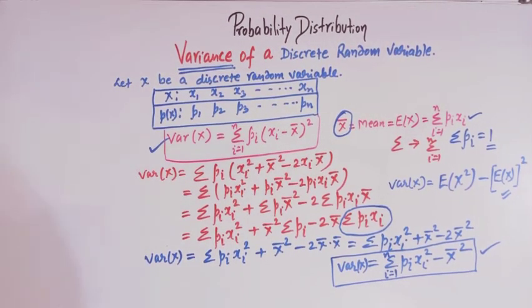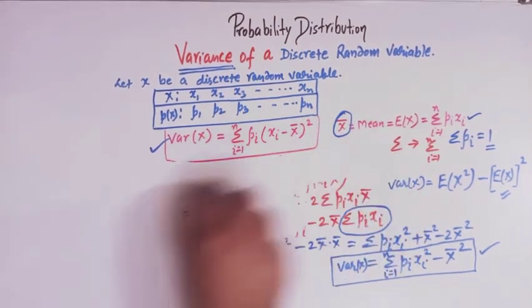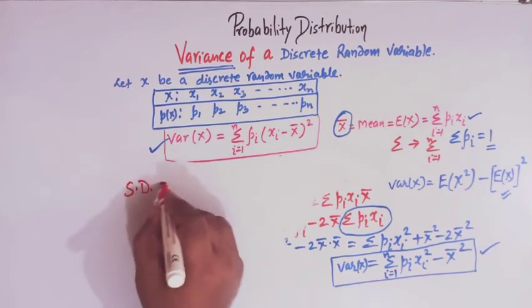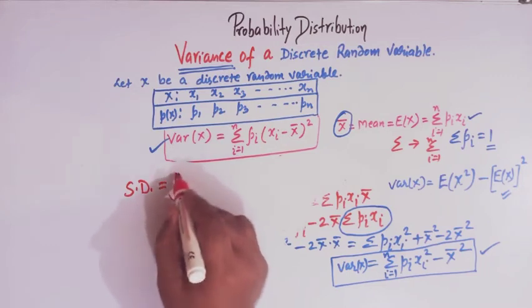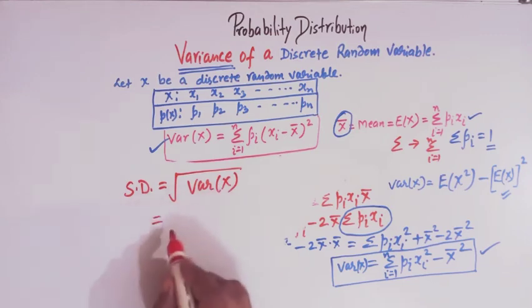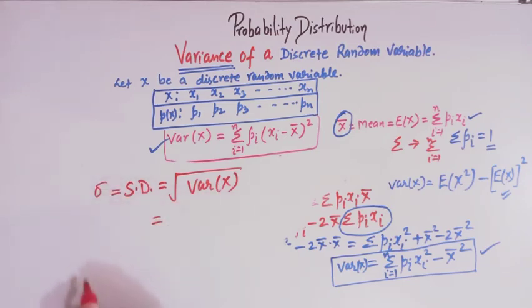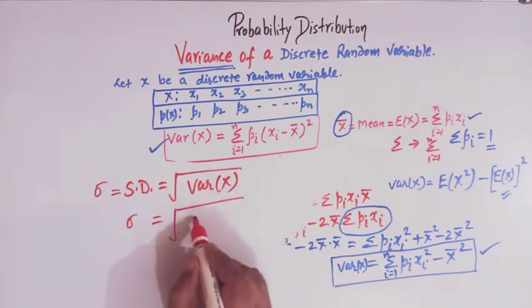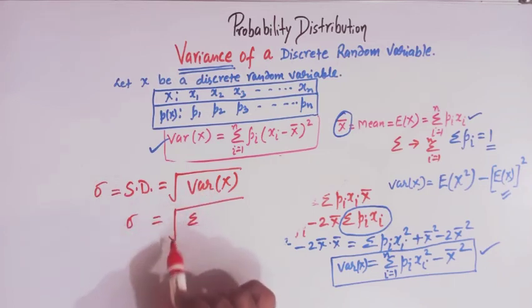Now here we should mention one more thing: if the variance is given by this formula, then the standard deviation is equal to the square root of the variance of x, right? So the standard deviation, which is denoted by sigma, can be written as sigma, the square root of